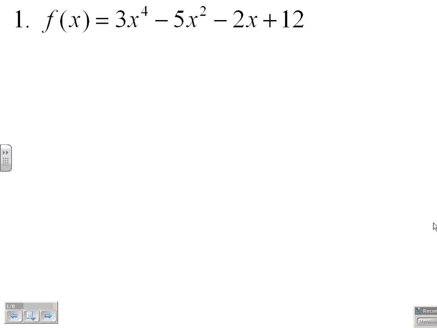Okay, we're going to take a look at finding a number of different derivatives and using a number of different processes to do this. We're going to go through 8 examples. This will be a longer video, but we're going to go through power rule, product rule, quotient rule, chain rule, and some combinations of those. Feel free to skip around through the video, but we're going to start with